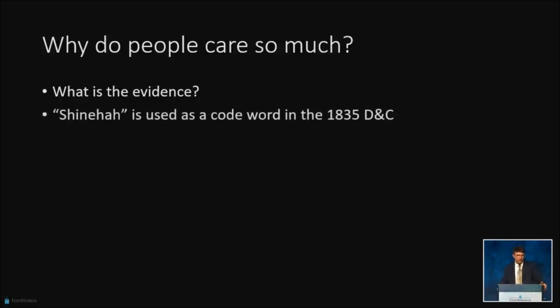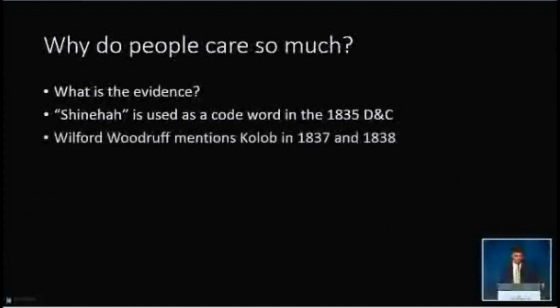There are more than this. For example, the word Shinha is used as a code word in the 1835 Doctrine and Covenants. That word is also used in the Book of Abraham, and so it would seem that that comes from the Book of Abraham text. Muhlestein is trying to give evidence to support his theory that chapters 3 through 5 of the Book of Abraham were dictated in 1835 in Kirtland and not in Nauvoo in 1842, as most scholars believe